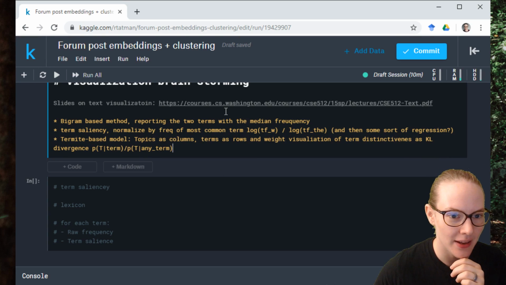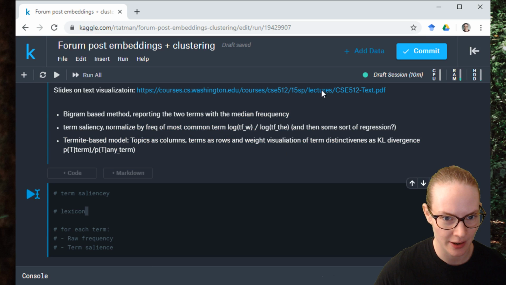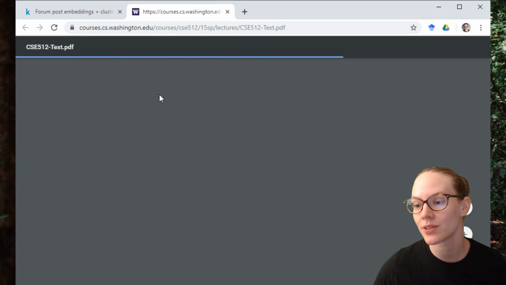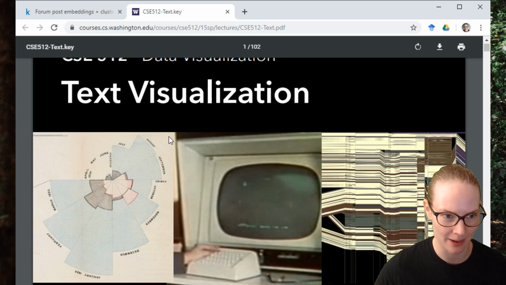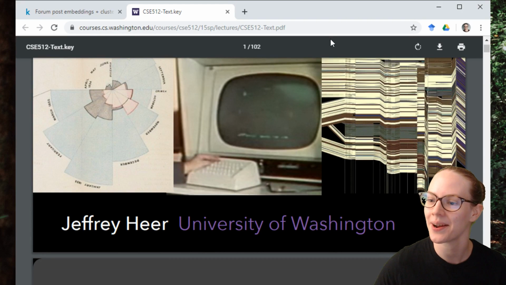And also, if you guys were interested in the... If I click here, can I open this in a new tab? Yeah. If you're interested in the slides, this is what they look like. It's from a graduate level course in data visualization at the University of Washington, which is where I went to grad school. Didn't take this course. Don't think I've ever met Jeffrey here, but...